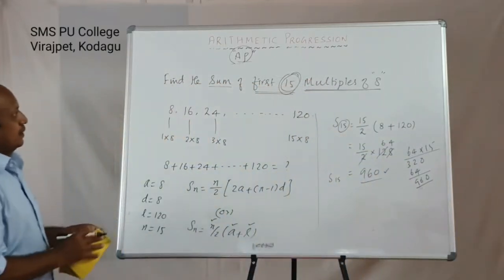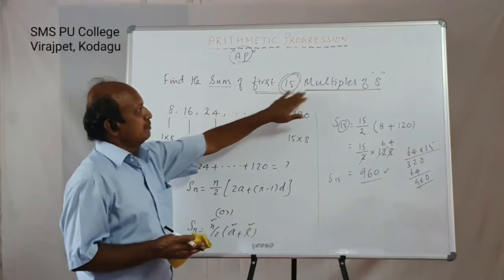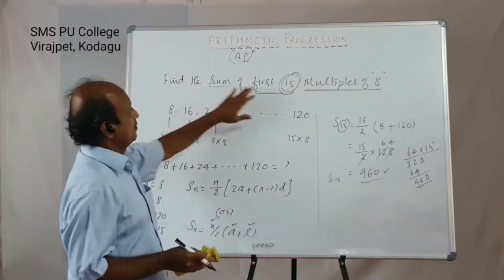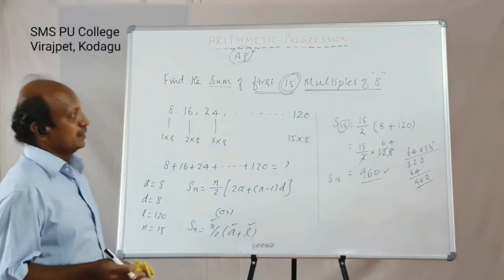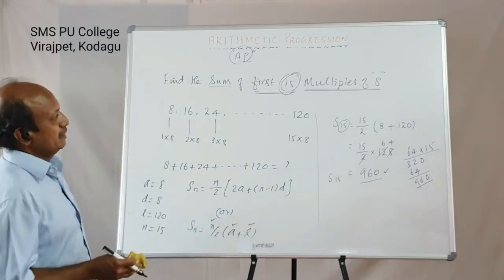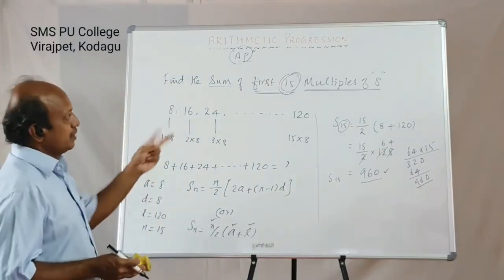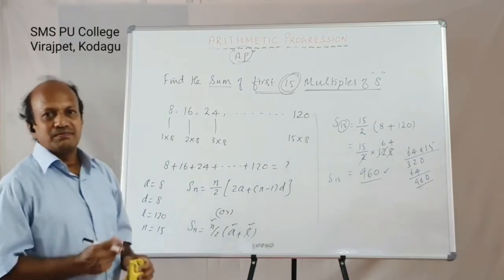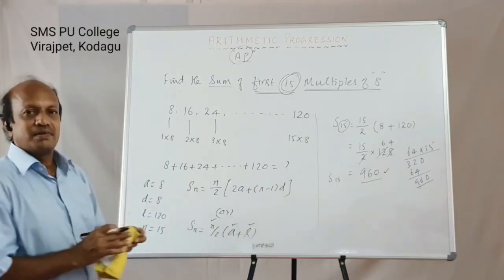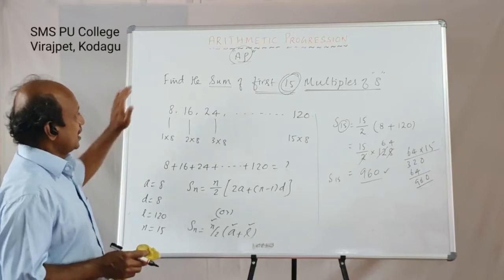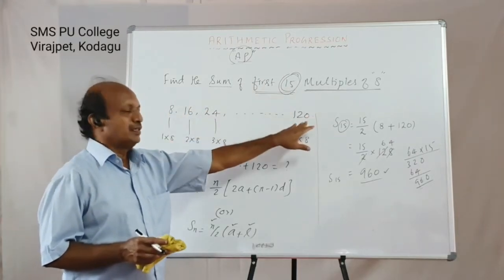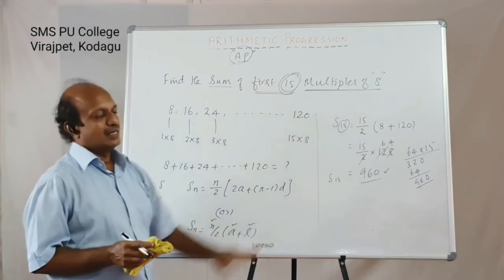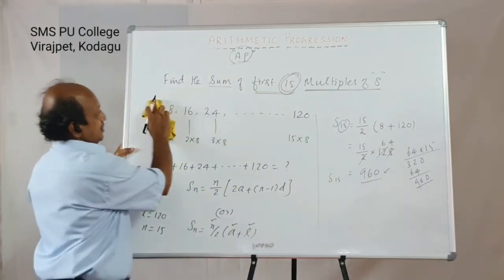Instead of giving 15 multiples of 8, the question can be given as maybe 20. Instead of multiples of 8, it can be given as multiples of 2 and 3. If it is given as multiples of 2 and 3, it should be a multiple of 2 and a multiple of 3. That means it should be a multiple of 6. That means you are going to write 6, 12, 18, 24. The 15th multiple of 6 is nothing but 90. That's all. Slightly the problems differ.